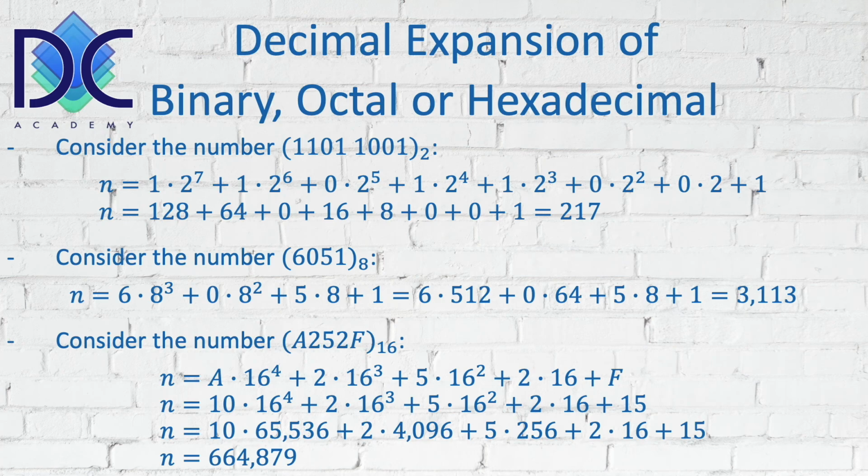So we replace A by the numeric value, the same as we do for F. So we find 10 times 16 to the power 4, plus 2 times 16 to the power 3, plus 5 times 16 squared, plus 2 times 16 plus 15. And when we do the addition, we find that n is equal to 664,879. So you see that the value goes up with fewer digits needed to describe the expansion, and